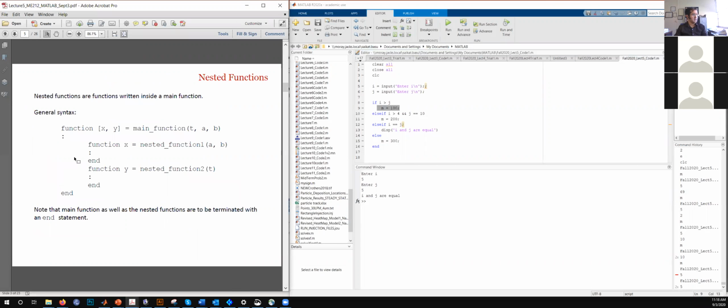Okay, so in this slide, I have written down a generic structure of how all functions are in MATLAB, and if is nothing but a function, but it's an inbuilt function that MATLAB would use. And we know how to set up functions, so that is not new to you, like this first line. But what I'm trying to press on here is that if is just a function that's inbuilt into MATLAB, which you are not building yourself, but something that you can use anywhere and everywhere. Just like we learned in the last lecture that once a function has been built by you, you can use that function in some other code as well. And that's the beauty of developing functions.